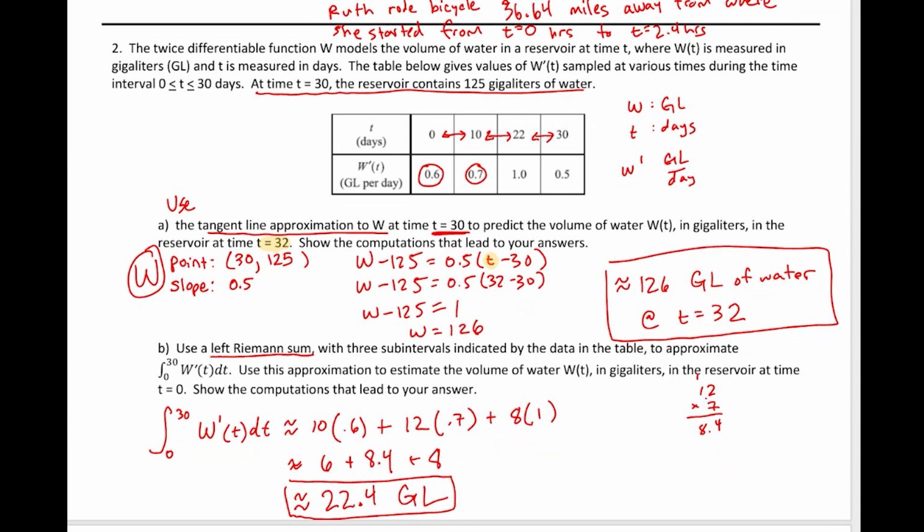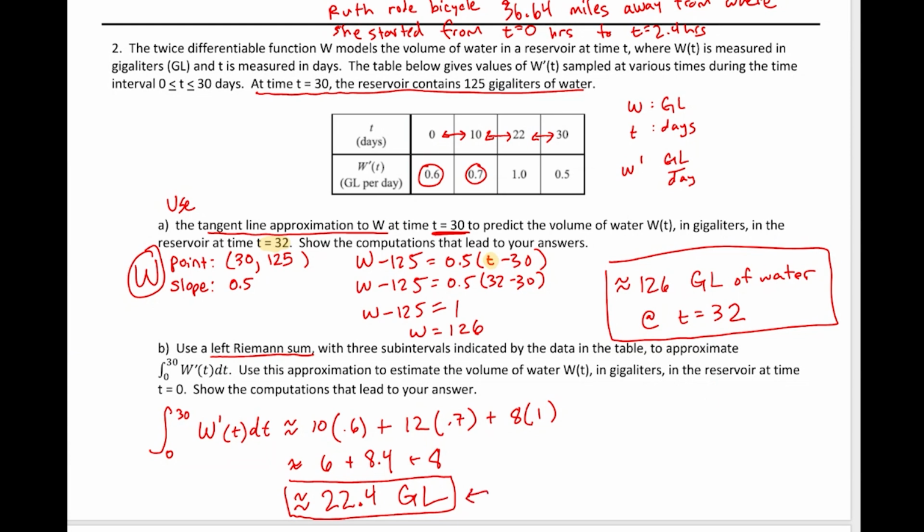Okay. Yeah, great. Now, let's see what the follow-up question here is, because I don't think that was it. It says use this approximation to estimate the volume of water in the reservoir at time t equals 0. So remember, these integral functions, you should think of them as accumulation functions. So what this number represents is how much water,